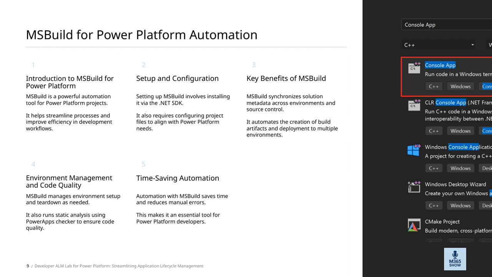This makes it an essential tool for any developer working within the Power Platform ecosystem. One of the key benefits is its ability to manage environment setup and teardown automatically. So, whether you're preparing a new environment or cleaning up after deployment, MSBuild handles it seamlessly. It also runs static analysis using the Power Apps checker, which ensures that our code maintains high quality and adheres